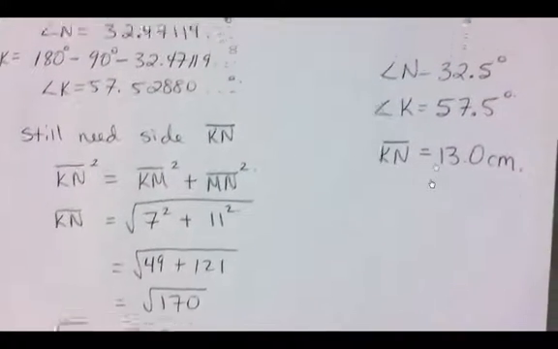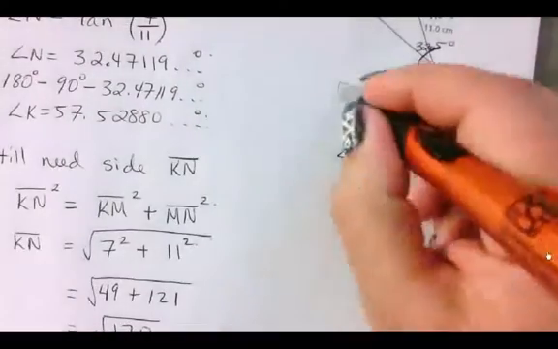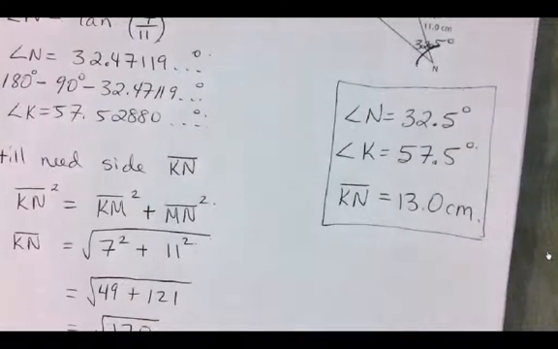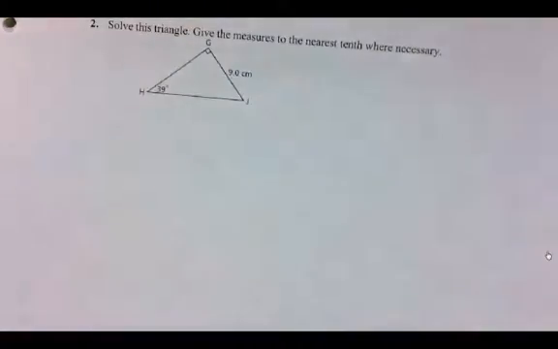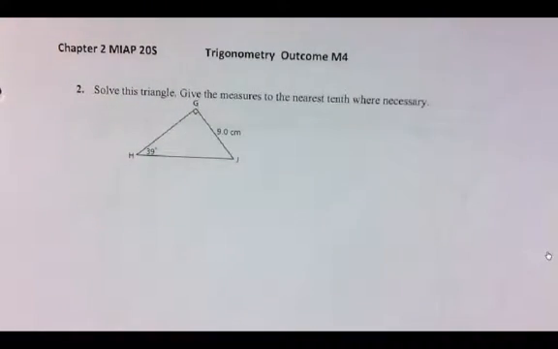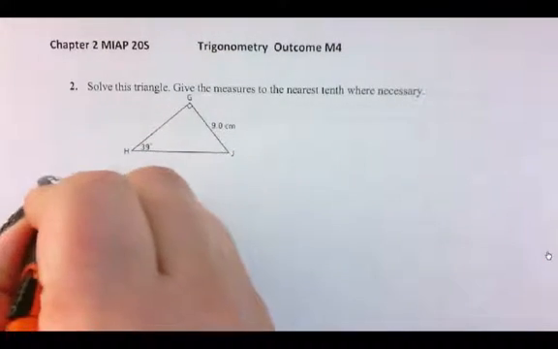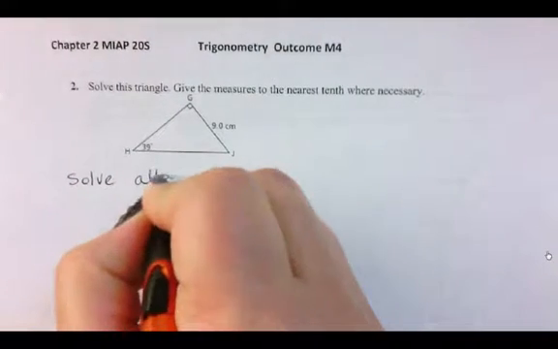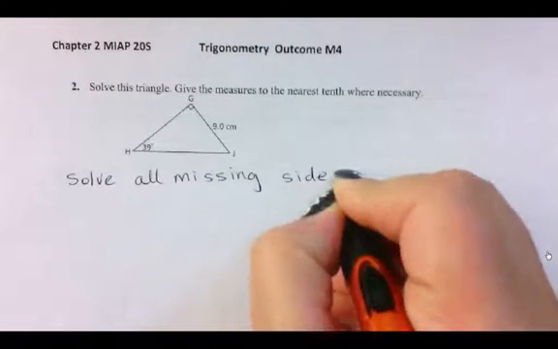All right, so I think I failed to mention the final answer of number 1. Just rewriting all the numbers kind of nicely over here so that we can see what our final answer is. Okay, now looking at number 2, it says solve this triangle again. When it says solve this triangle, what it's asking for, it's asking to solve all missing sides and